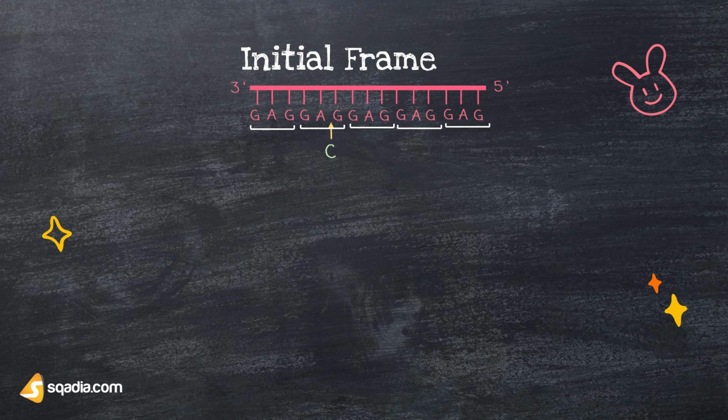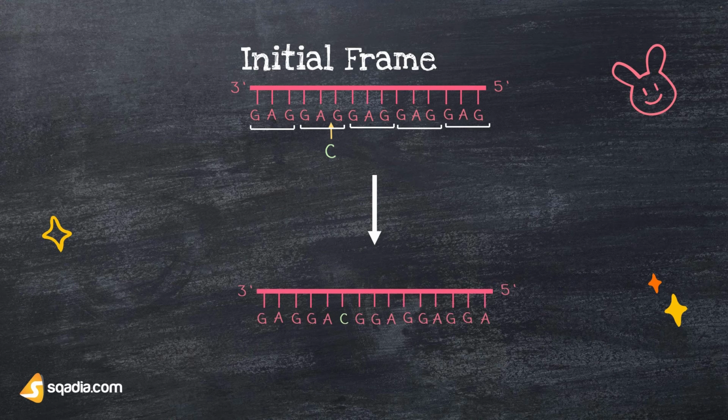The insertion of a single nucleotide, such as cytosine, takes place. Now, after the addition of a single nucleotide, which is cytosine, the new sequence shifts all subsequent triplet reading frames, and all become out of frame. It means the gain or loss of 1 or 2 nucleotides caused a frameshift mutation, but